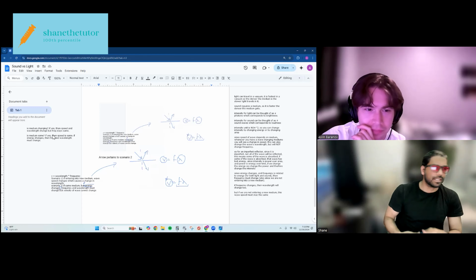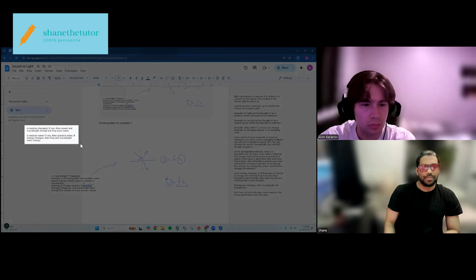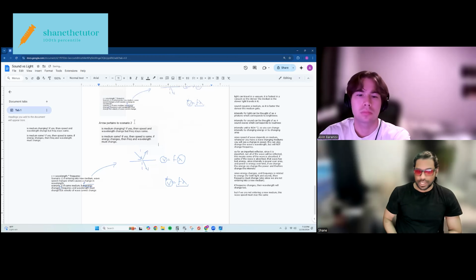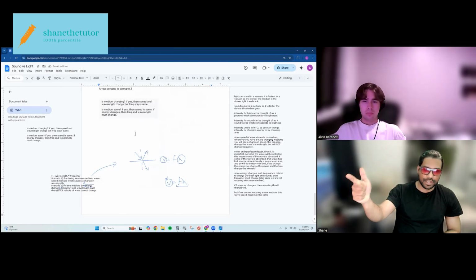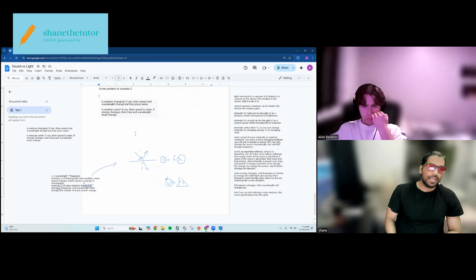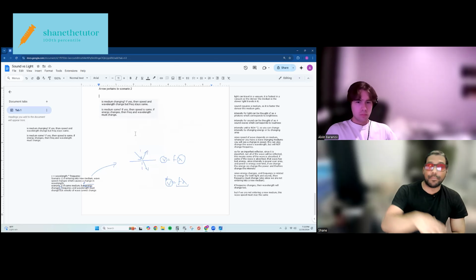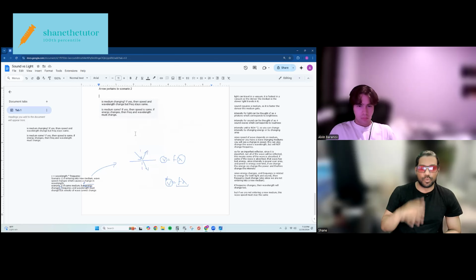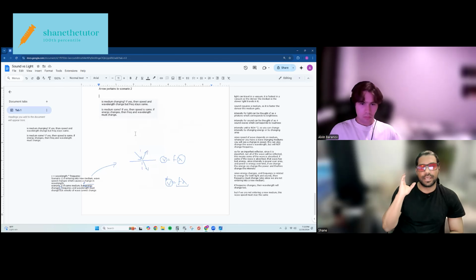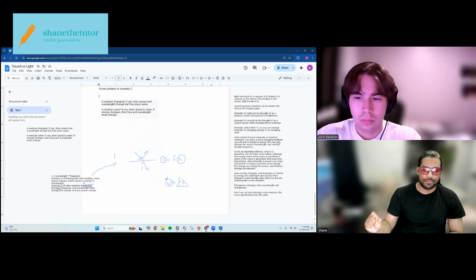I also wrote it like this: just two questions that you have to ask yourself. Is the medium changing? If the medium is changing, the wavelength and speed change, but frequency stays the same. If the medium is the same, then the speed is going to be the same. But if the energy changes, then the frequency and wavelength must change. But what's always going to be true is that changing mediums will have the same